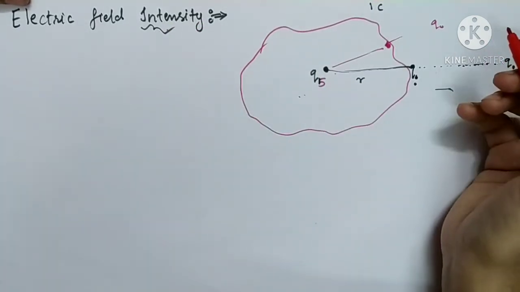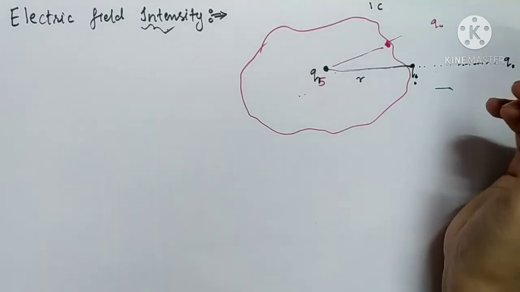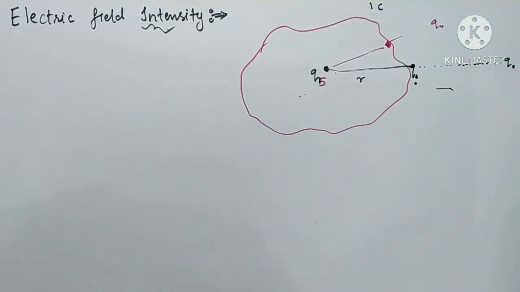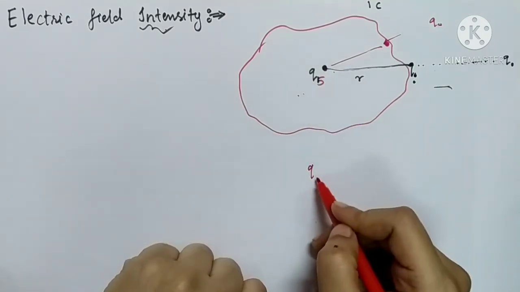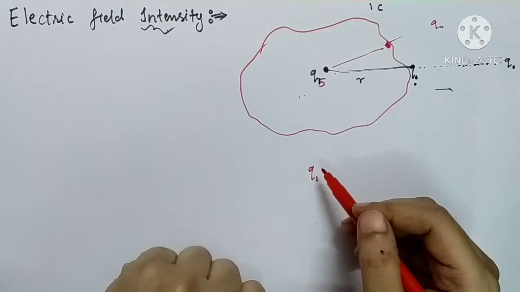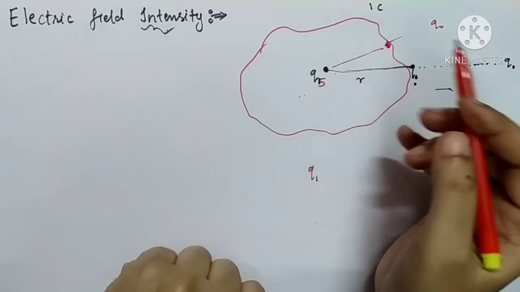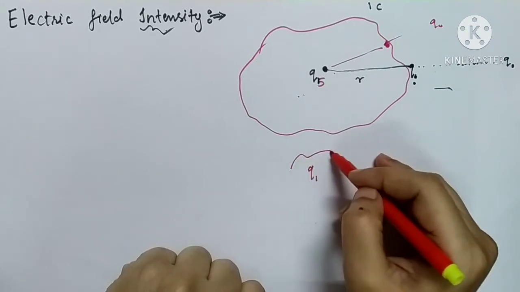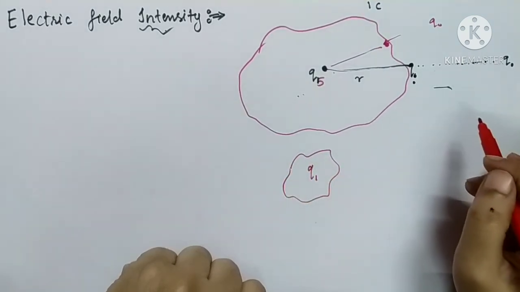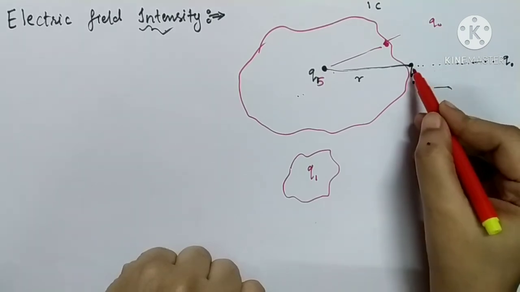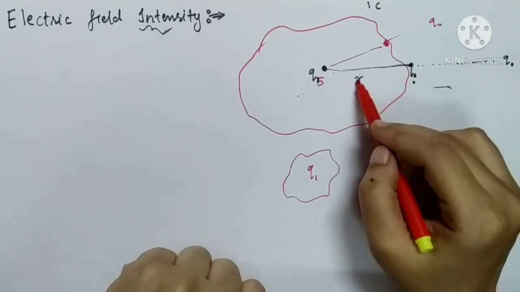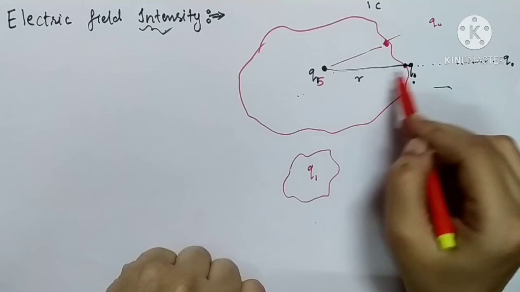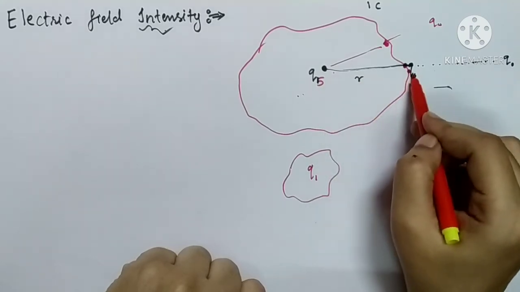And how do you come to know the strength of the electric field? Suppose there are two charges. Here it is 5 coulomb and here it is 1 coulomb. Charge q5 is going to create an electric field in its surrounding region. Similarly, charge q1 is also going to create an electric field in its surrounding region. If you place a test charge q0 at a distance r, kept inside the field of q5, it is going to experience a force.